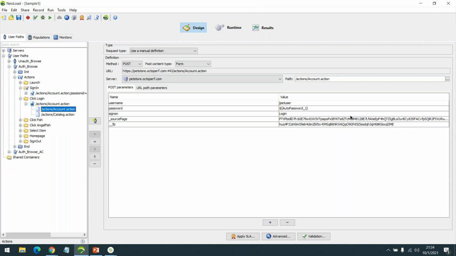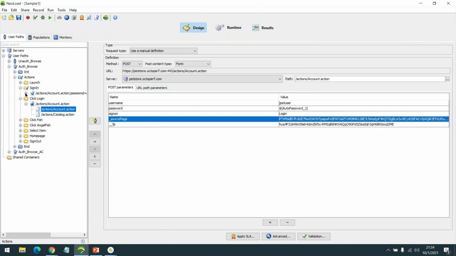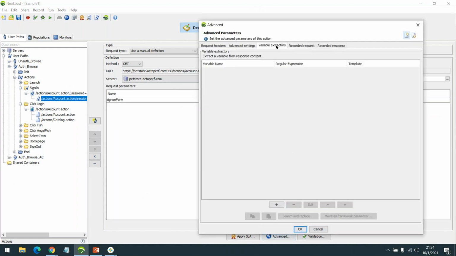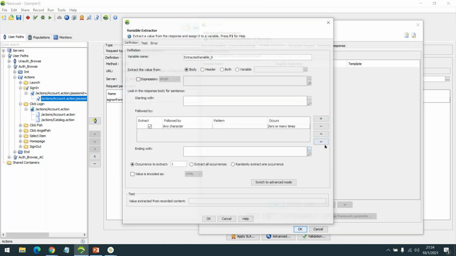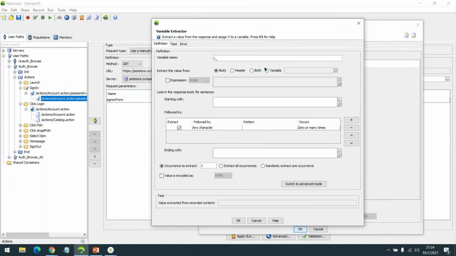So let's say I'm doing the manual correlation. I'll go here, go to advanced, and then go to variable extractor. What I'm currently correlating is the source page, so I'm just giving the name as source page.